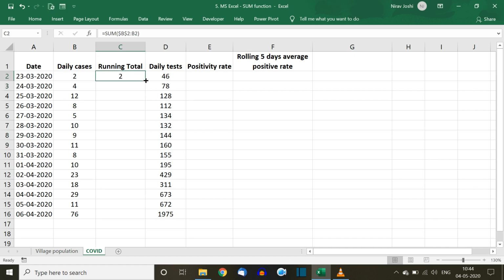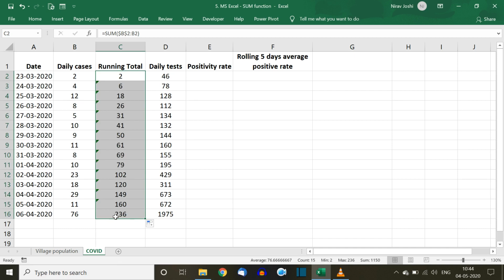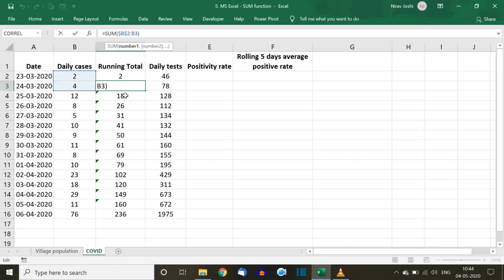Then we drag this formula into all the cells. Now what is happening here? The first cell which we have fixed would not change. The B2 would remain B2. But the second cell in that range, it will change as the formula is being dragged into different cells. So now what is being done by that function is, it is changing the range as we drag the formula.